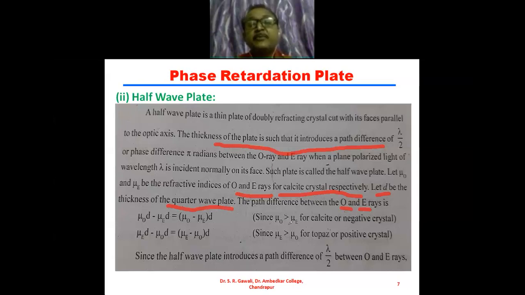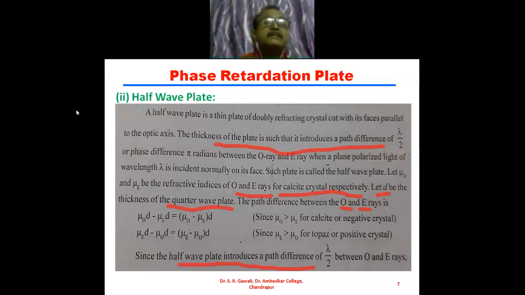Since mu O is greater than mu E for the calcite crystal, or negative crystal. And mu E D minus mu O D is equal to mu E minus mu O into D, since mu E is greater than mu O for topaz, or positive crystal. That is nothing but the path difference between the ordinary and extraordinary rays. Since the half wave plate introduces a path difference of lambda by 2 between the ordinary and extraordinary rays,